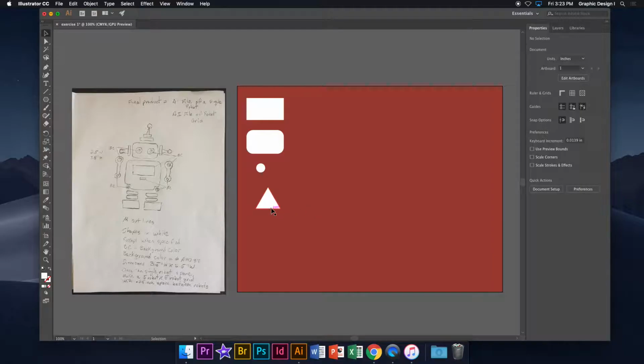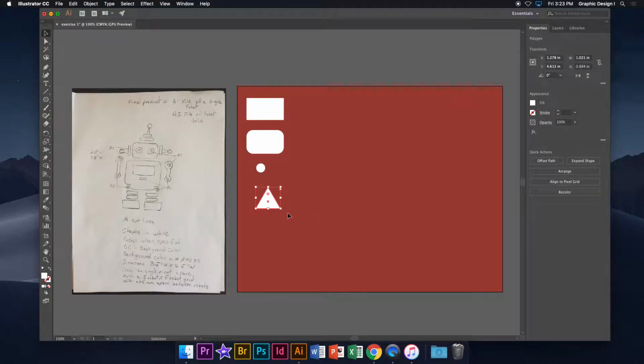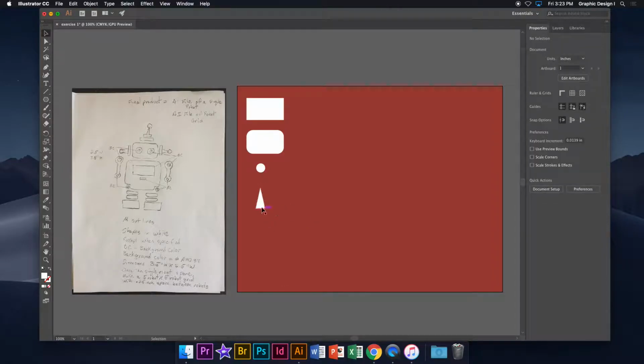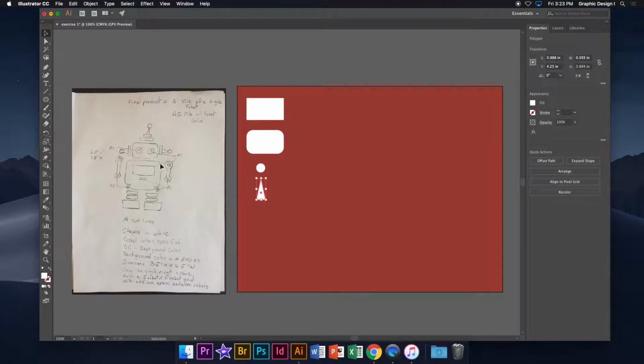Now that triangle for me might be a little wide. So what I'm going to do is I'm just going to use the selection tool and drag one side in. And that's how to narrow things up. All right, so I have pretty much all the basic shapes that would be required to make this object. And now the goal is to make